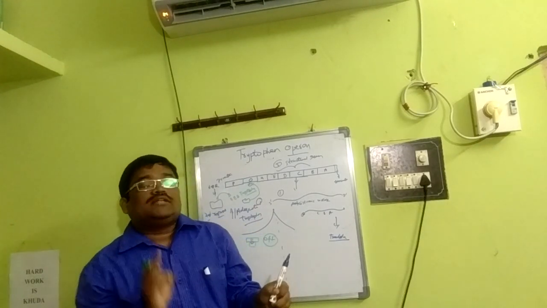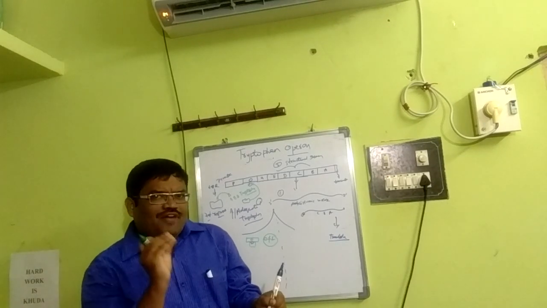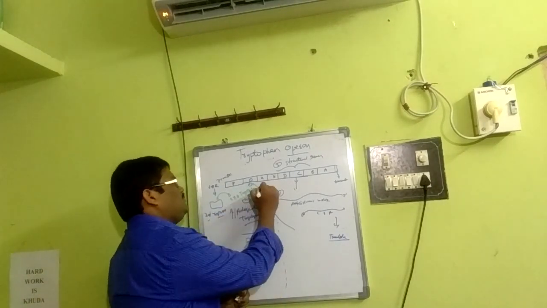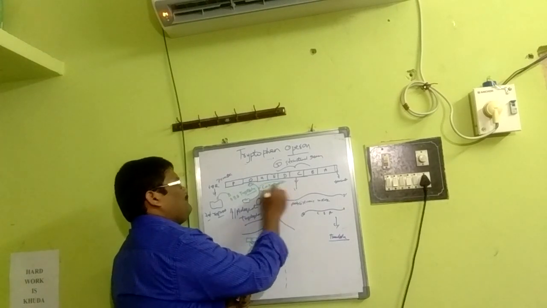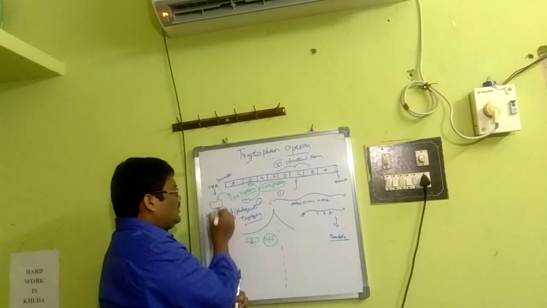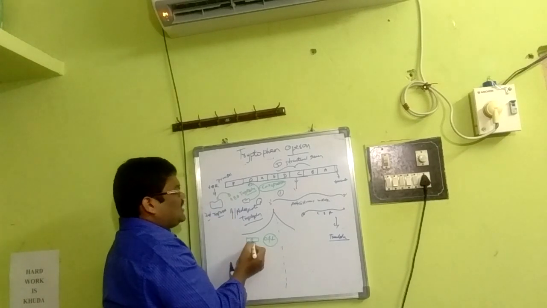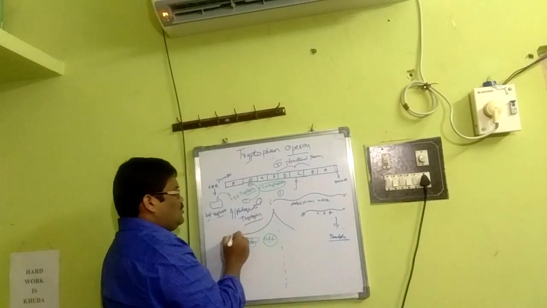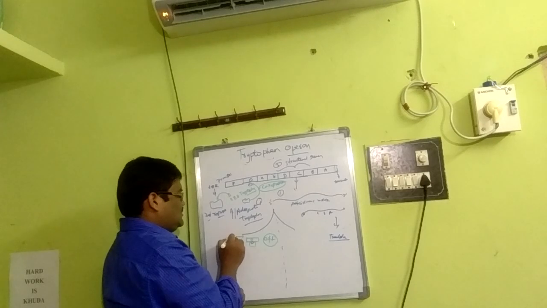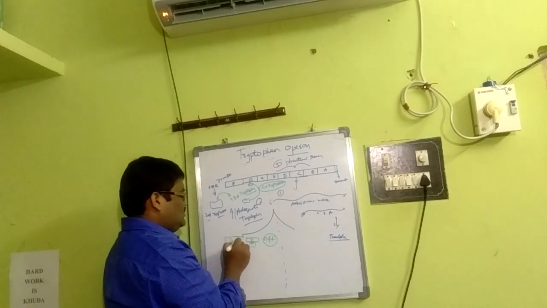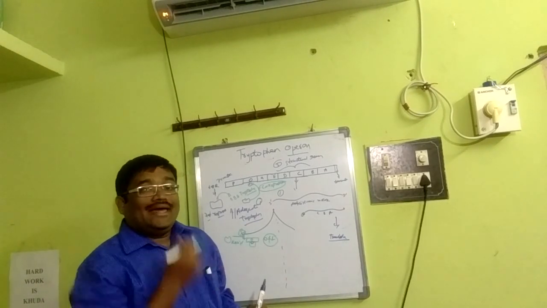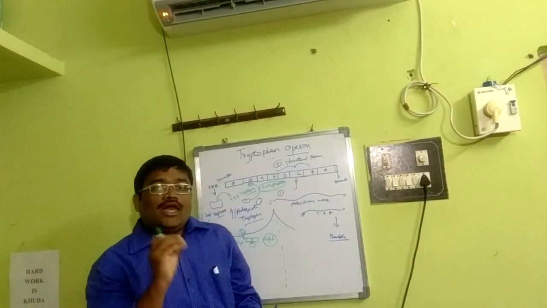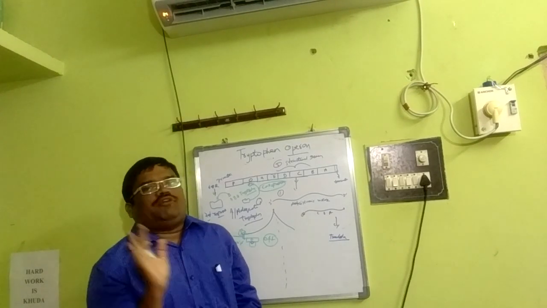This is one mode. That means the tryptophan is a co-repressor. Tryptophan acting as co-repressor binds to the repressor protein, which in turn binds to the operator, thereby blocking RNA polymerase. This is RNA polymerase. Okay, so this is blocked off. This is one of the first ways of controlling the tryptophan operon.